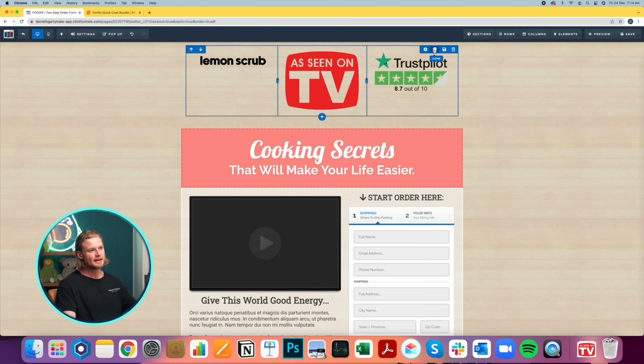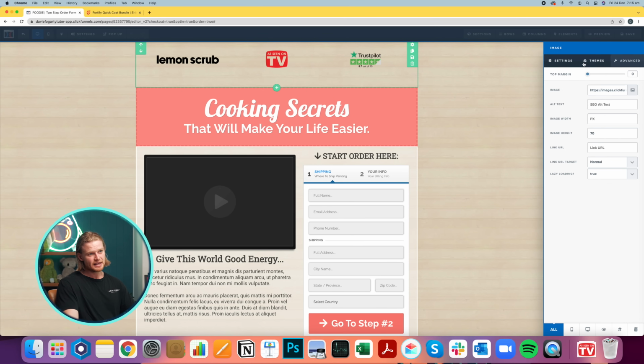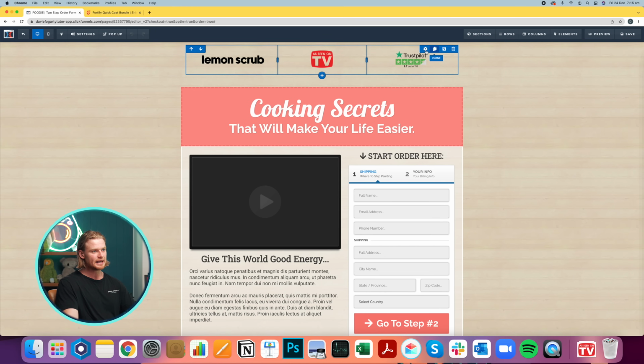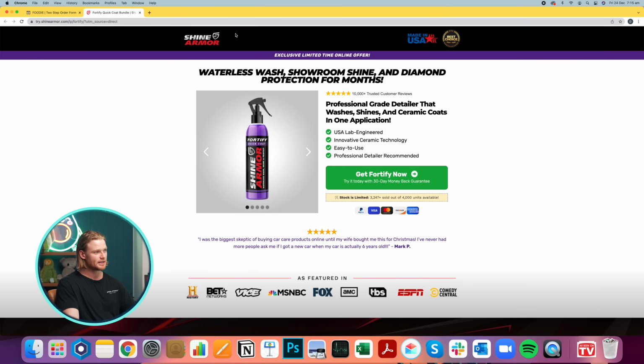Now we need to format the images. This is quite easy within the editor of ClickFunnels. We basically just want to make them all the same height. Let's say 75, it's going to be 75 as well. So we're doing all of this within the native ClickFunnels editing software on the right here by just clicking on the element settings. Now we can also drag across this and this so that it's sitting in a more applicable place. As you can see, now it's starting to look more like our example page.